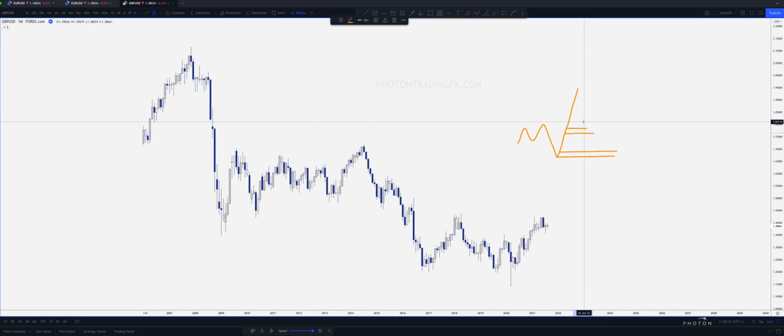Now, when you're first starting out, a more simplified rule or technique you can use when you have multiple POIs and you've tried to refine them, but they both have a lot of confluence and you're not quite sure, is to play the reaction to the decisional and then trade the extreme directly. So what I mean by that is you could literally just set a limit order on the extreme down here,